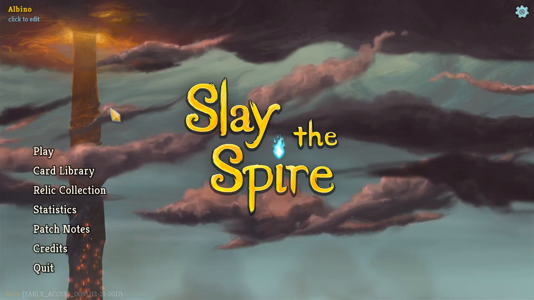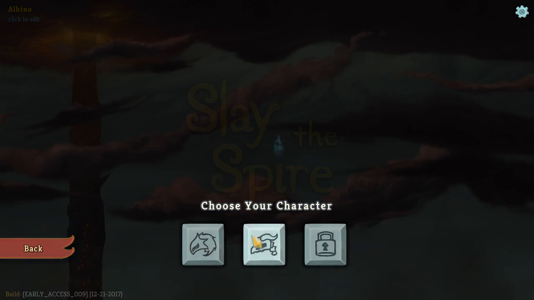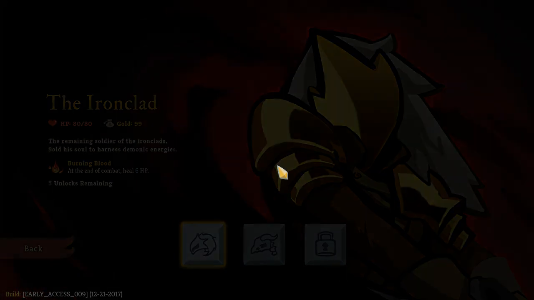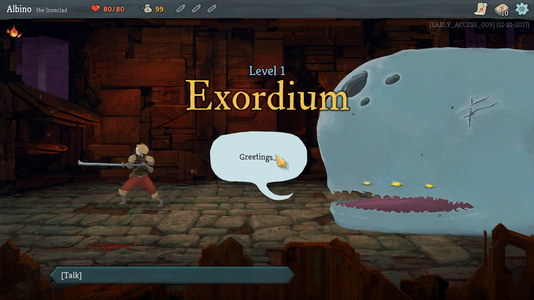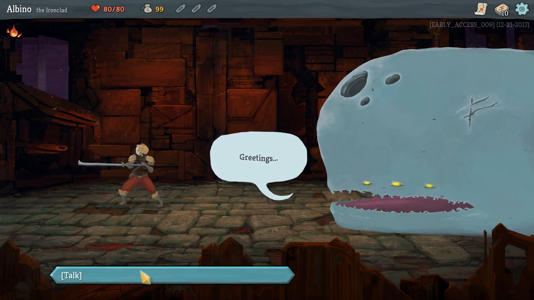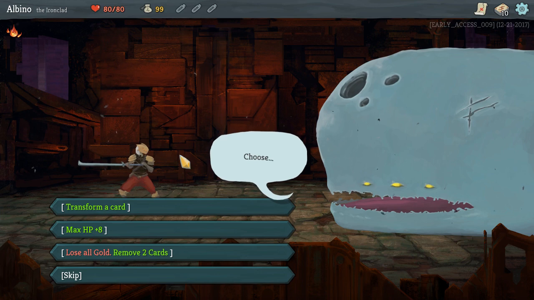So, Slay the Spire is kind of like Darkest Dungeon. That's what it most reminds me of. We're just gonna pick the first character for now, just to start with. There's 3 in the early access build. Or maybe the third one can't be unlocked yet. It's possible, but they will be adding stuff. So we're just gonna talk to this giant fortress whale. It says talk and choose. Oh, okay. So we get to...